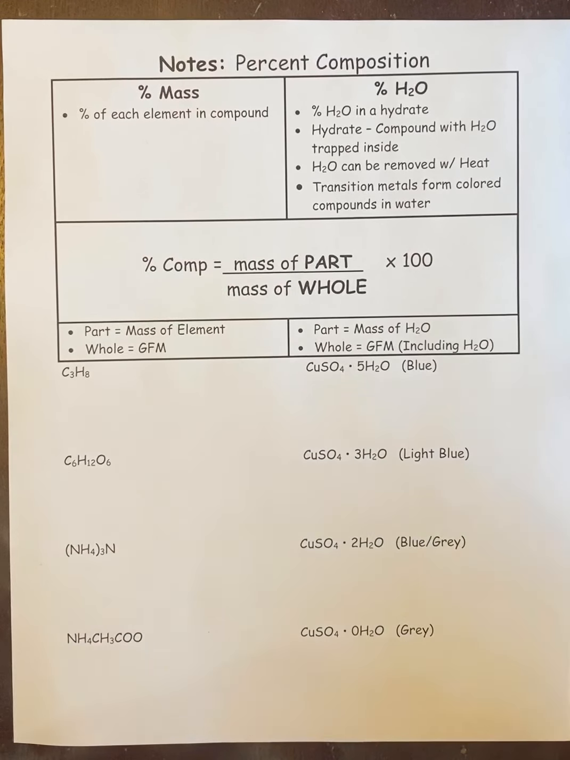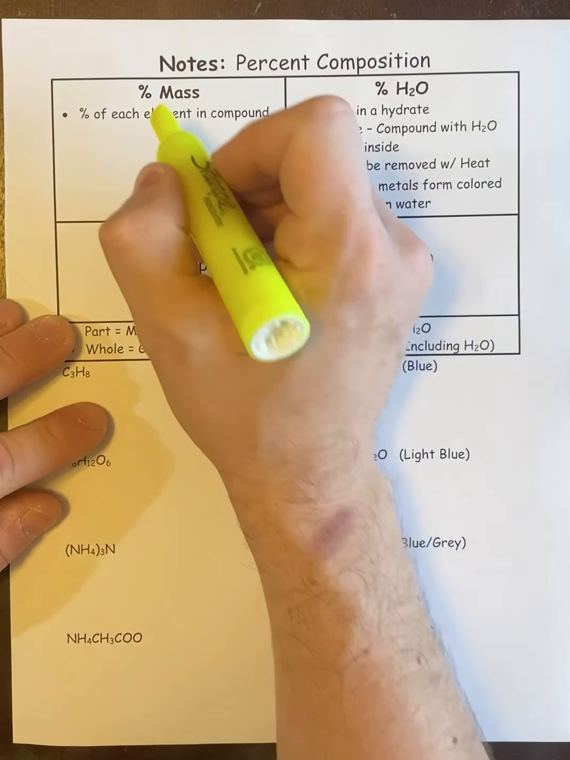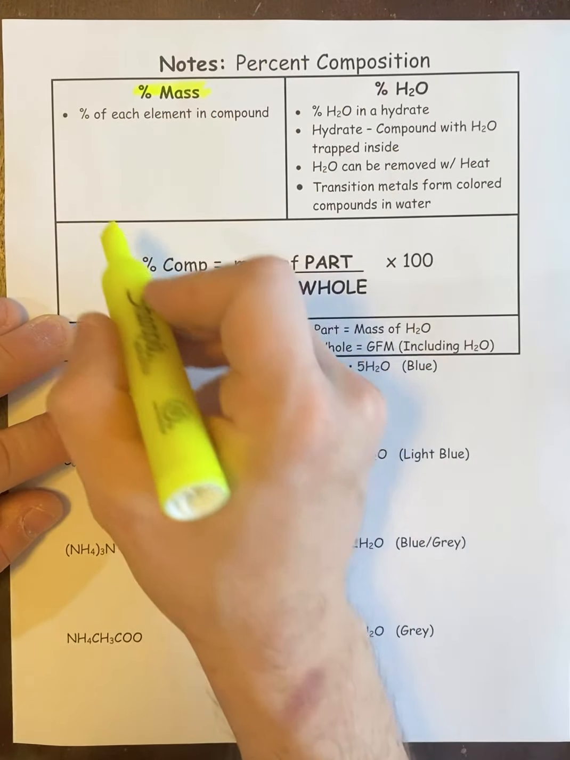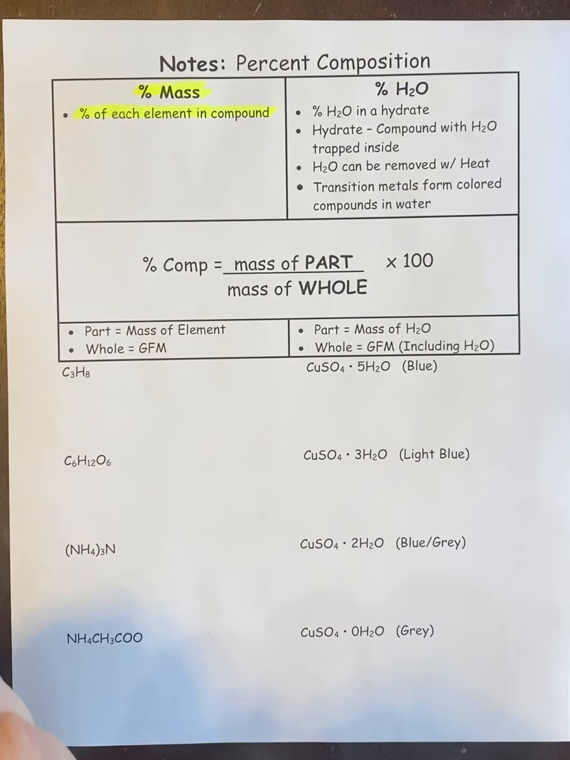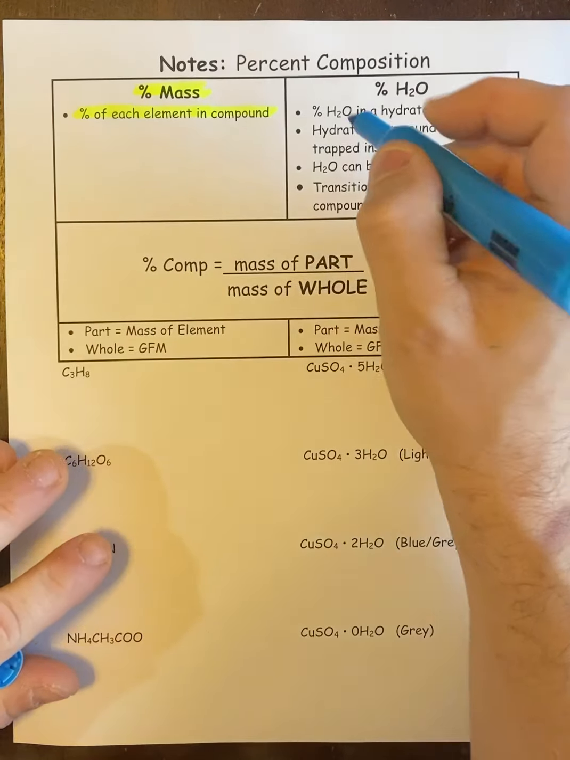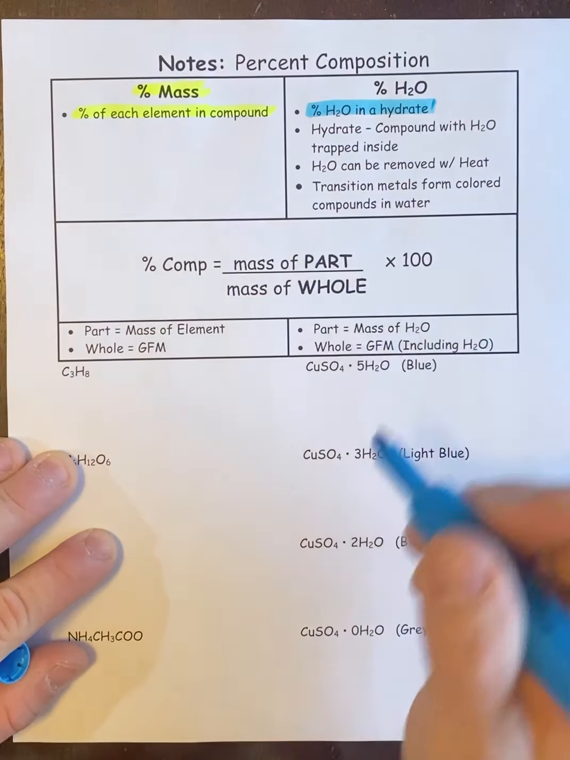We're going to be learning how to calculate the percent composition both for the elements in a compound and for the water in a hydrate. So it's pretty simple. When we do it by mass, the percent mass or the percent composition is the percent of each element in the compound. That should be pretty easy to do. And when we're talking about percent water or percent comp of a hydrate, it's the percent water in the hydrate